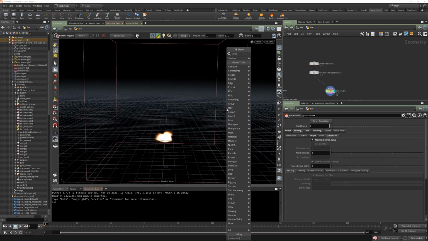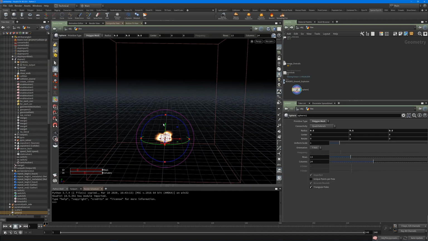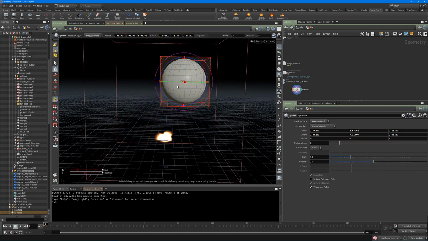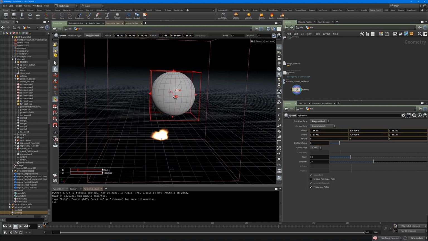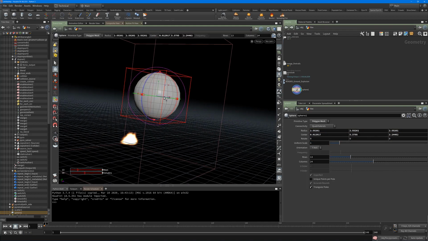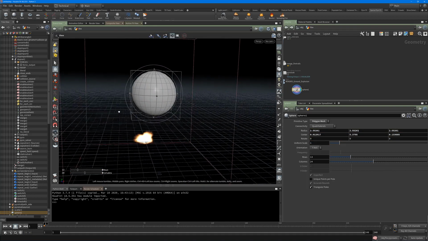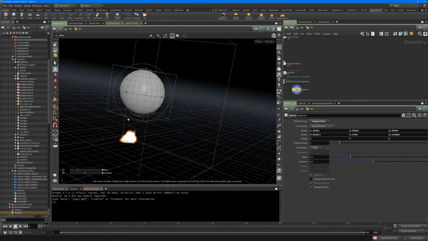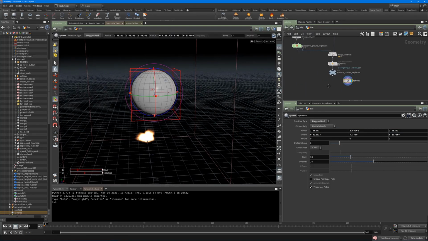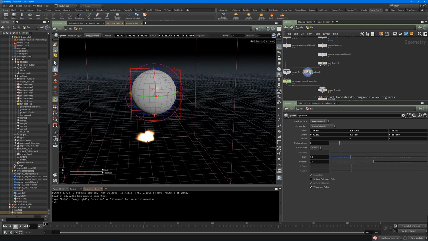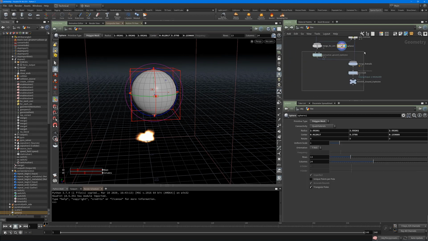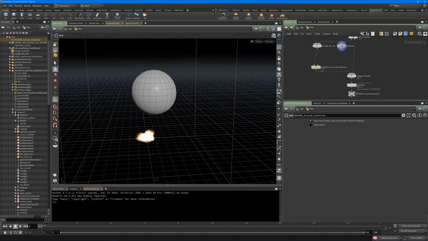And let's actually put down a sphere, and let's move the sphere up, and let's make it a bit bigger and place this in our scene so that it collides with the Pyro, and it's good. Now I want to use this as a collision for my Pyro solver, and so what we can do is